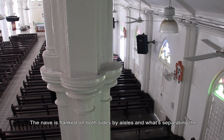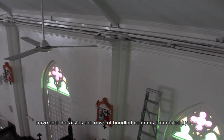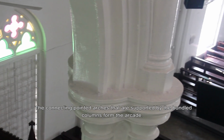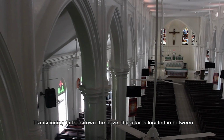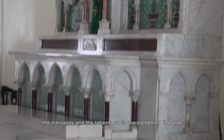The nave is flanked on both sides by aisles, and what's separating the nave and the aisles are rows of bundled columns connected by pointed arches with rolled moldings. The connecting pointed arches that are supported by the bundled columns form the altar. Transitioning further down the nave, the altar is located in between the transepts, and the tabernacle is placed behind the